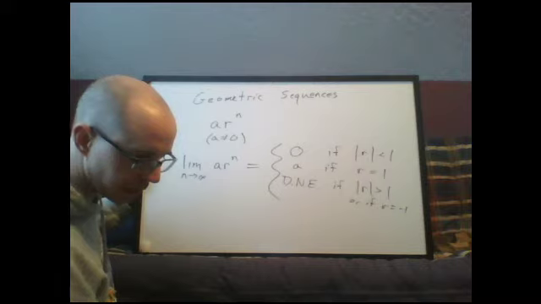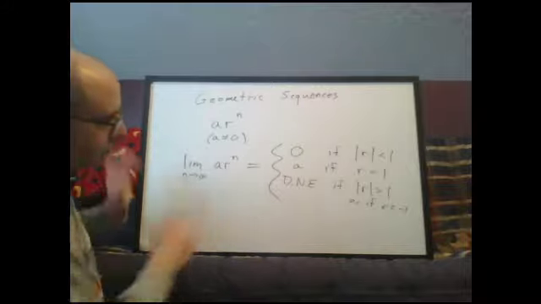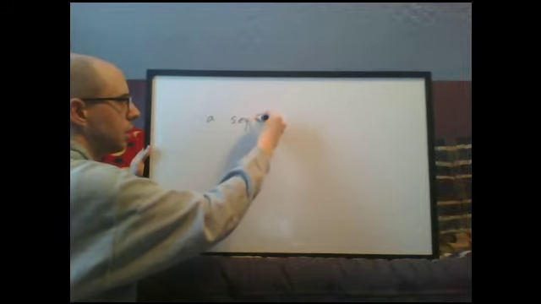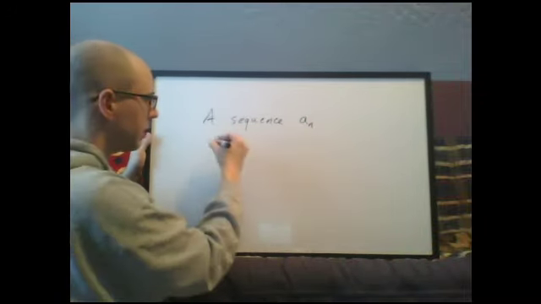One other bit of terminology I neglected to mention. So does not exist here. Let me make sure to include this. Should have said this way back at the definition of limit for sequences. But I may be getting my classes confused here. So a sequence a_n, a sequence a_n